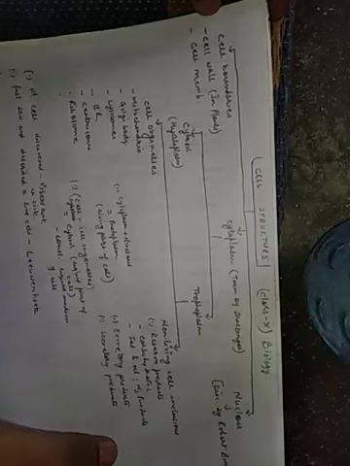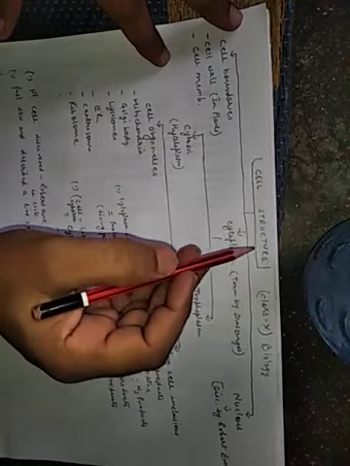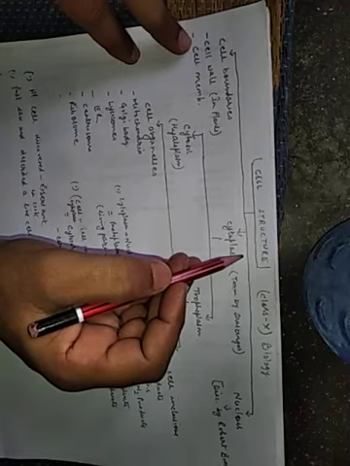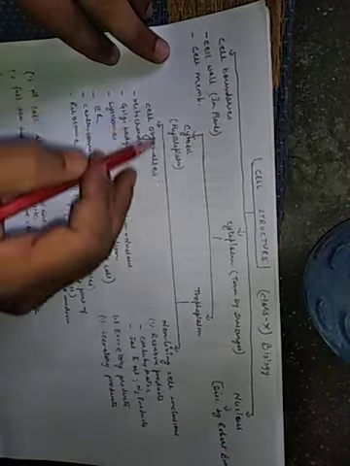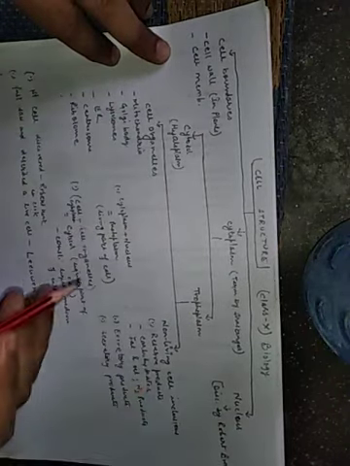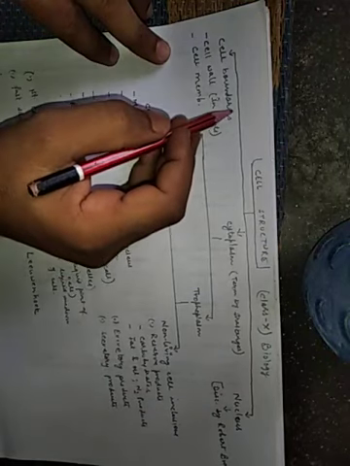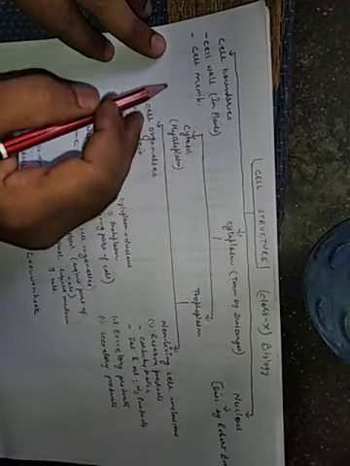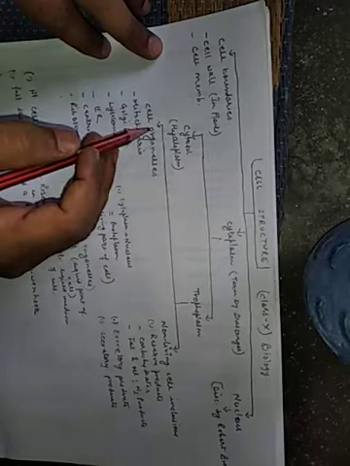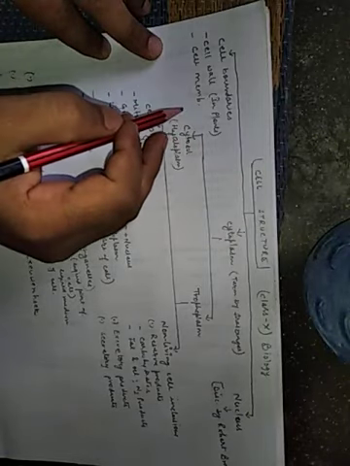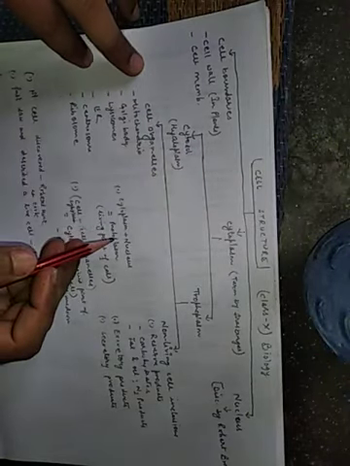Today we are starting a new topic, that is cell structure. We divide a cell into three major parts: cell boundaries, cytoplasm and nucleus. In cell boundaries, we have structures like cell wall and cell membrane. Cell wall is absent in animals, it is found in plants, as you all know.